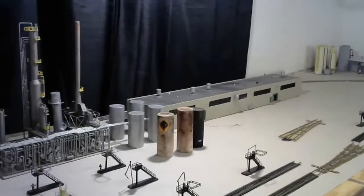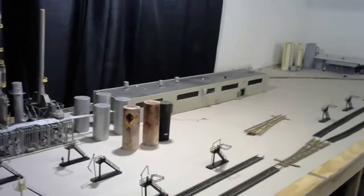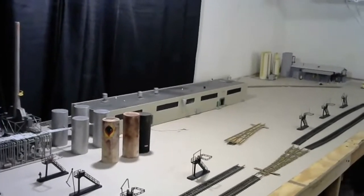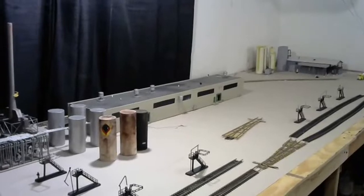So that pretty much concludes the update. I still got a lot of work to do. I still need to clean and get everything prepared for how I want this. But as of now, this is how the chemical plant is going to be. As you can see,